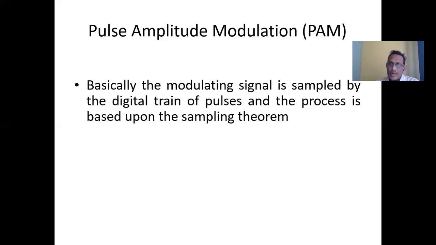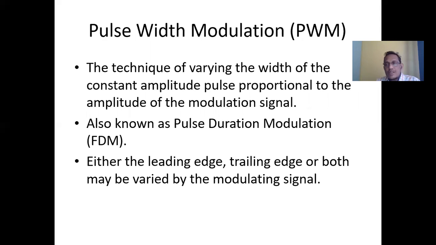Okay, same thing we can define for pulse width modulation. This pulse width modulation is somewhat equal to frequency modulation. I defined frequency modulation in unit number 2: the high frequency carrier signal is changed in accordance with the amplitude of the modulating signal by keeping amplitude and phase of the carrier signal constant. This was about frequency modulation. I will call this frequency modulation exactly identical to pulse width modulation, where the definition of pulse width modulation is like this.